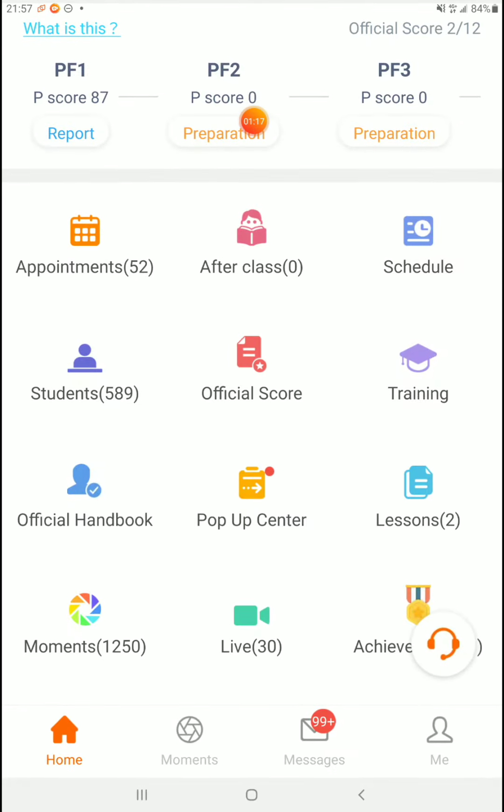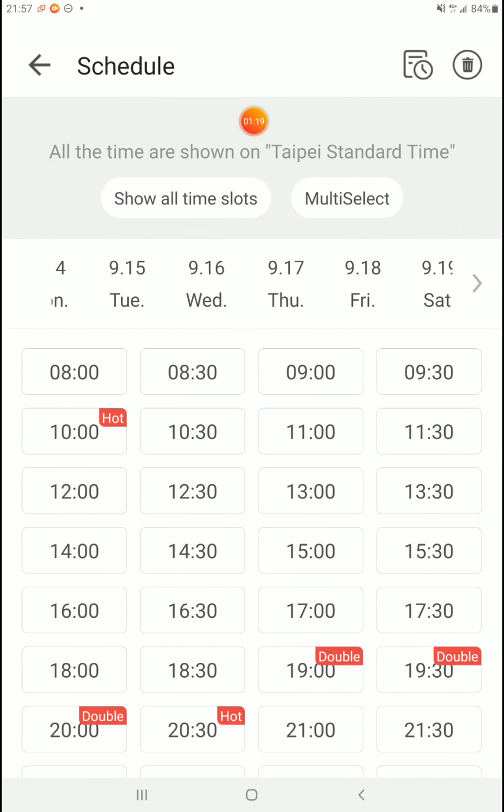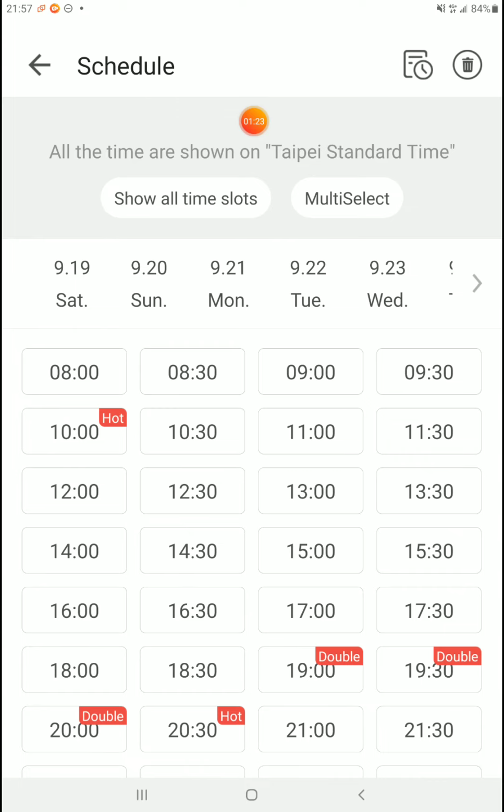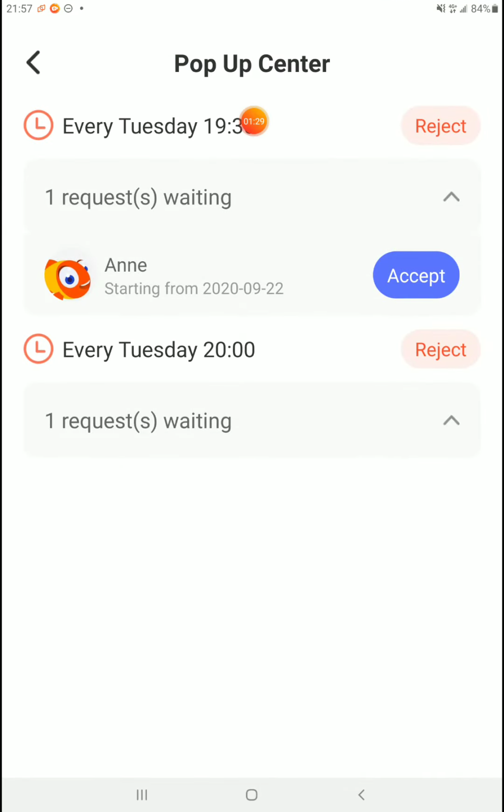So if you go to your schedule, you can check, oh, when is the 22nd? Well, it's not this coming Tuesday, it's the following Tuesday. So it would be starting from this following Tuesday. Now, like I said, I cannot accept that. I don't work on Tuesdays. My son has Taekwondo, and I go to the gym while he's at Taekwondo. So unfortunately, I will have to reject Annie's request.